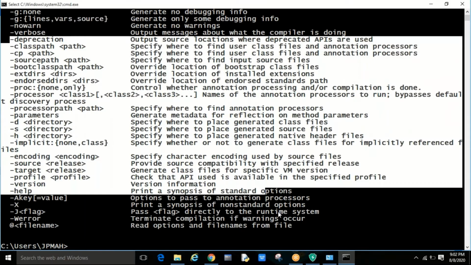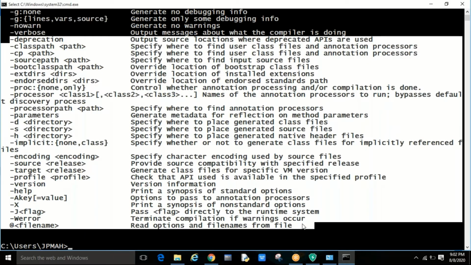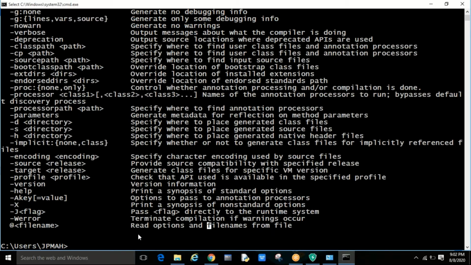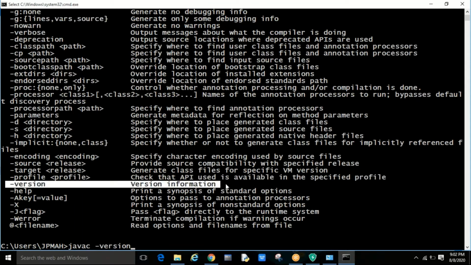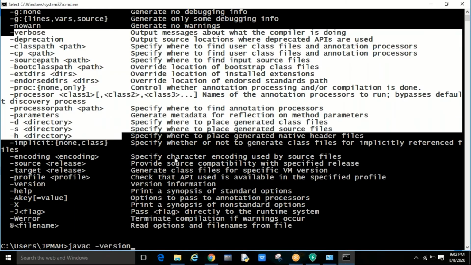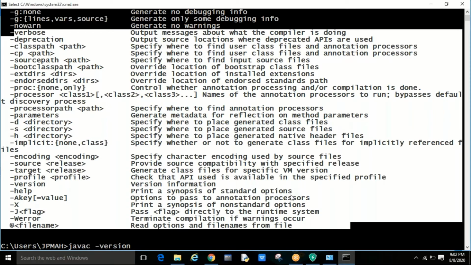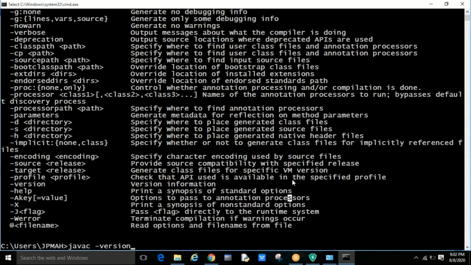Okay, which version am I currently using in my system? Which Java version? Because you know that the Java version is JDK 1.8, right? Some subversion also. Sir, I want to check the version also. javac -version. That is the Java compiler version. Check it out here. It is giving version information. So these are all what you can use here if you require anything. But at the time of developing the Java code, these are not required.